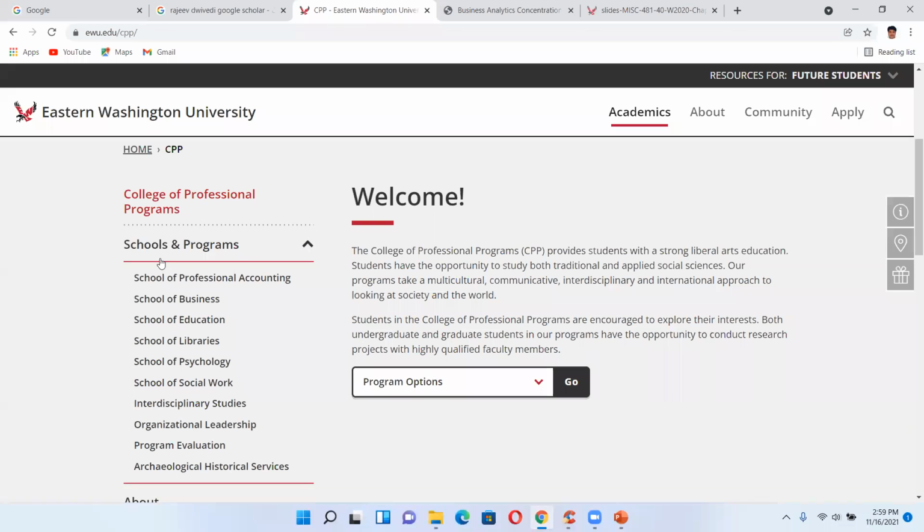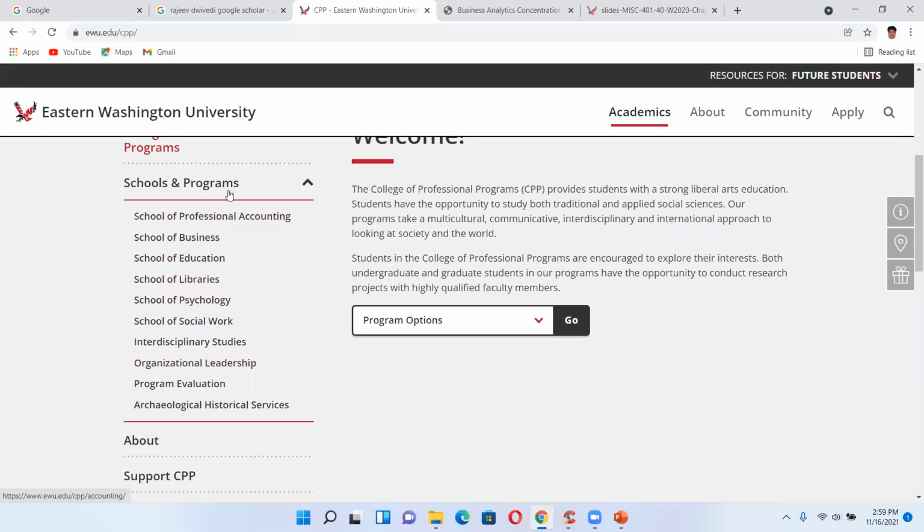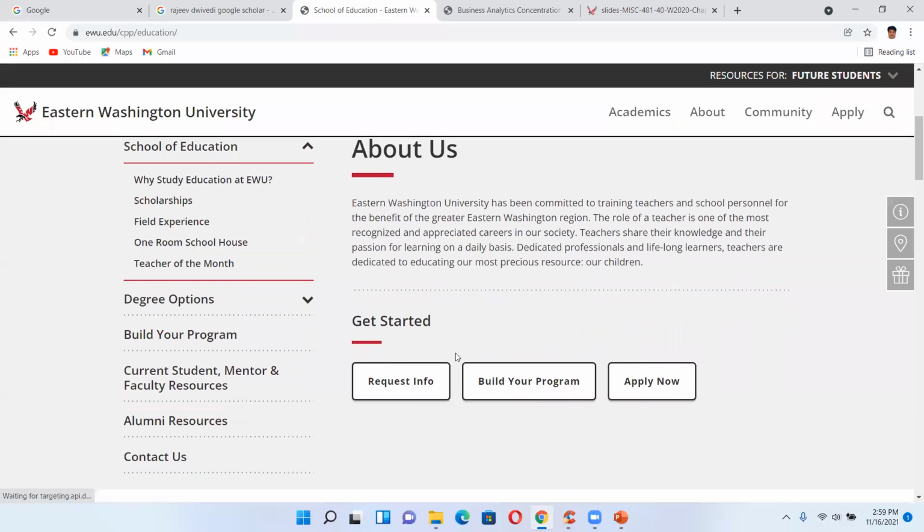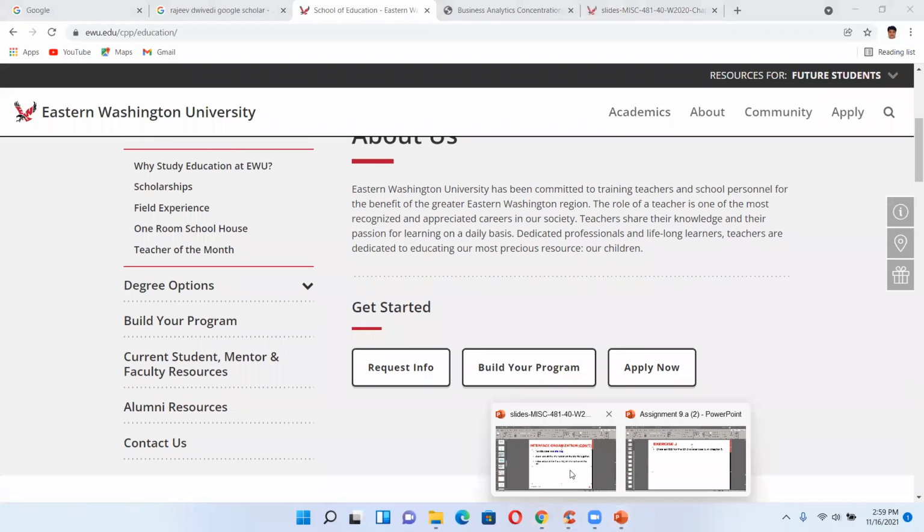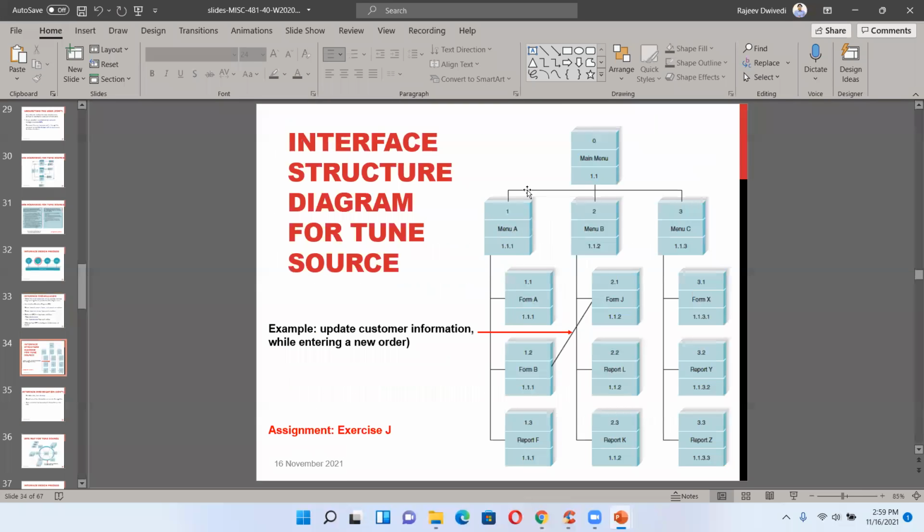Under this college there are ten different schools. So going into each school, similarly, this is the interface structure diagram for Tune Source.